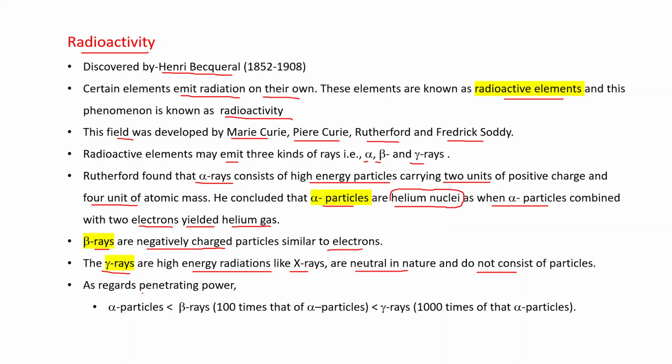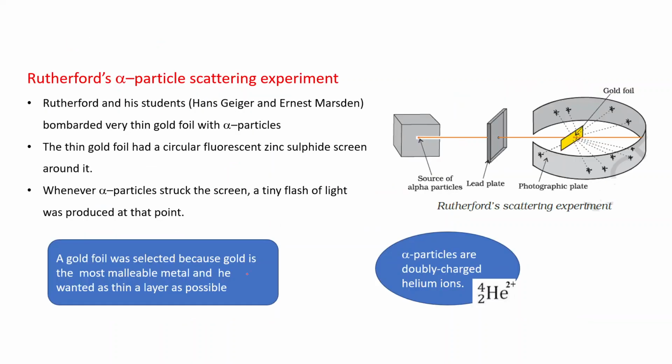If we compare the penetrating power of alpha, beta and gamma, the penetrating power of alpha particles is least, beta particles are 100 times that of alpha particles, and gamma rays are 1000 times that of alpha particles. Come to Rutherford's